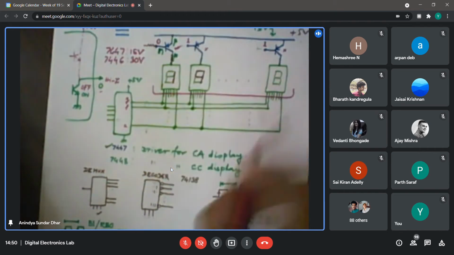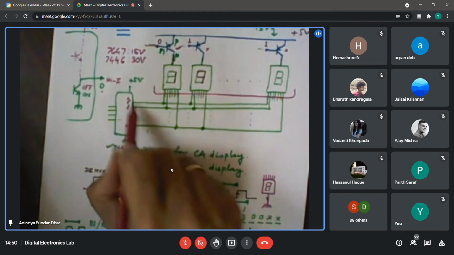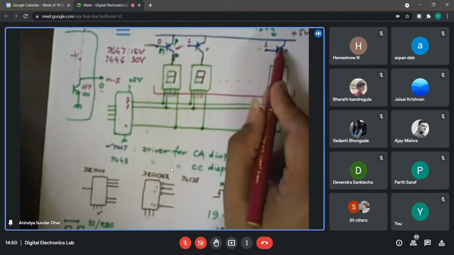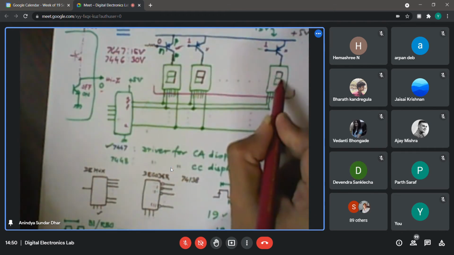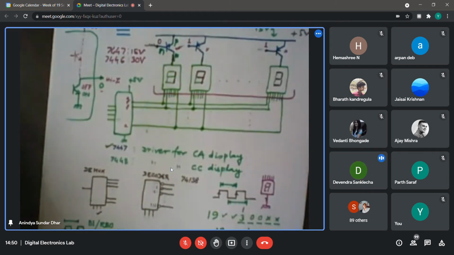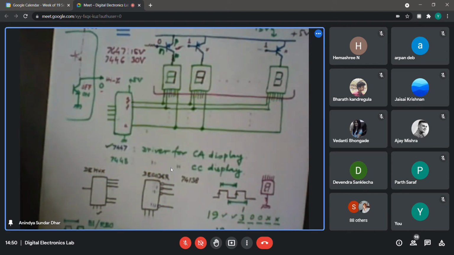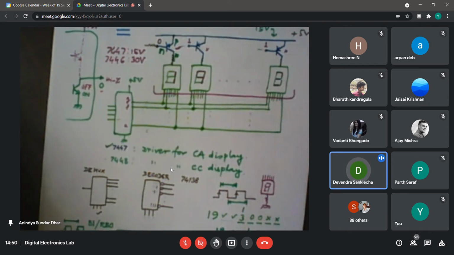In that way, suppose the last digit of your roll number is 3. When I am displaying 3, I am giving the appropriate signal. Only this I am powering up, so the last digit is being displayed over here. Then the same cycle. So the large display will show 3. All the other 7 will be off, right? They will remain off. So they will show blank.